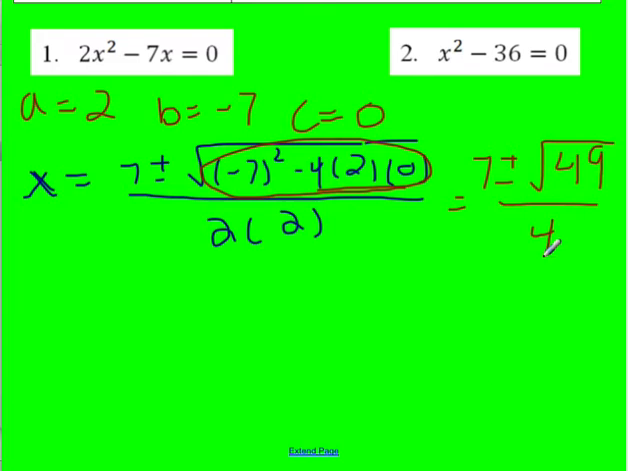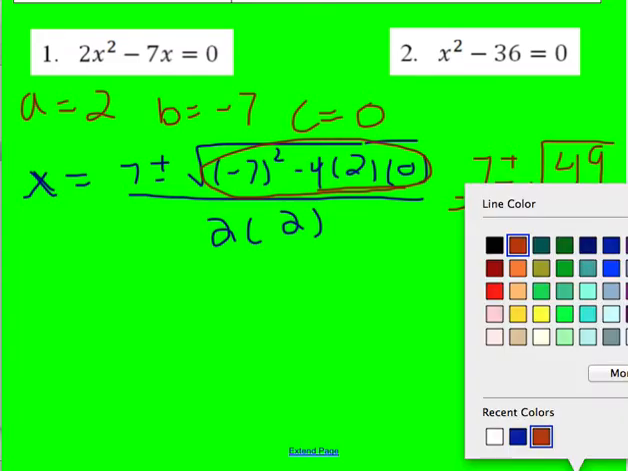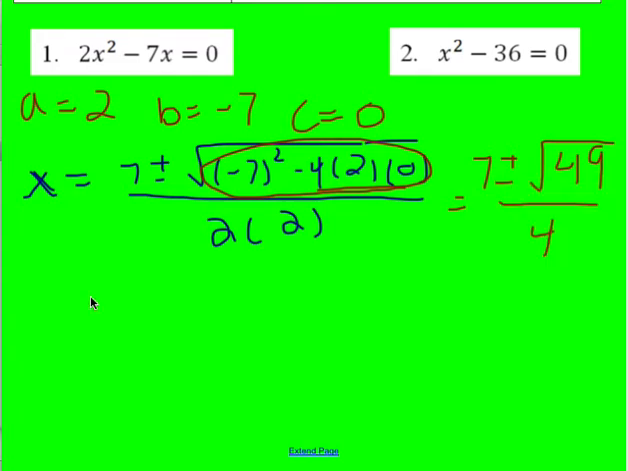So now we're ready to make our plus and our minus versions for number 1 here. So let's make our plus version. We have 7 plus the square root of 49. First you're going to type that into your calculator, 7 plus the square root of 49, then hit enter. Then you're going to take your answer and divide it by 4. And when you do that, you end up getting